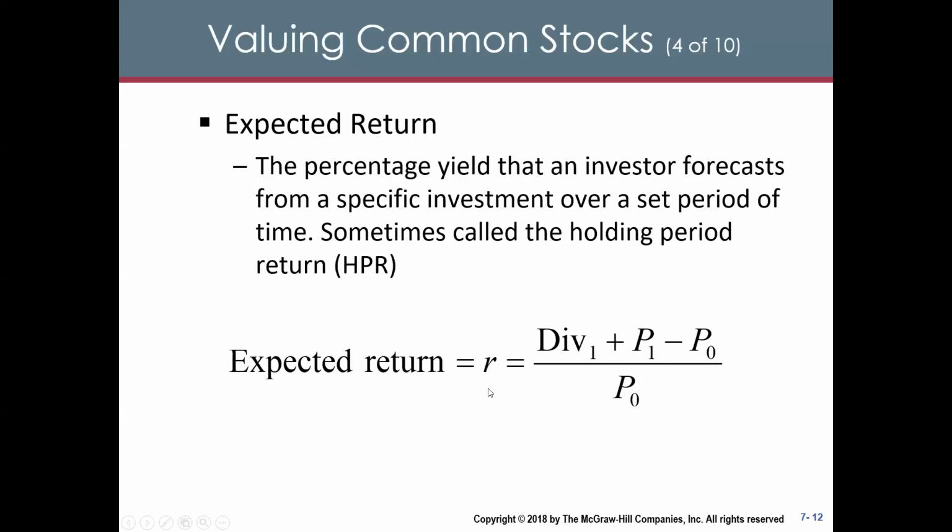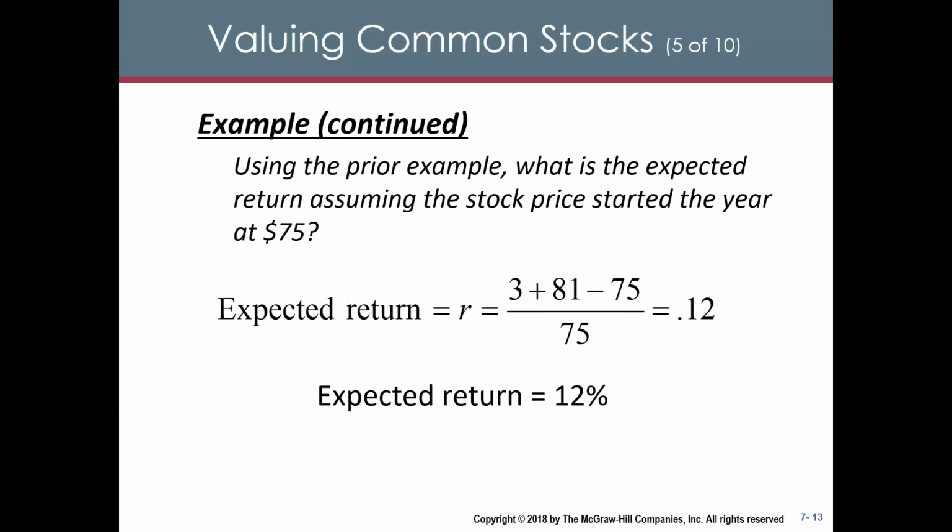That's the formula. Using the previous example, at the end of year 1 we are going to receive $3 plus $81, and we purchased the stock today for $75, so minus 75, divided by 75,